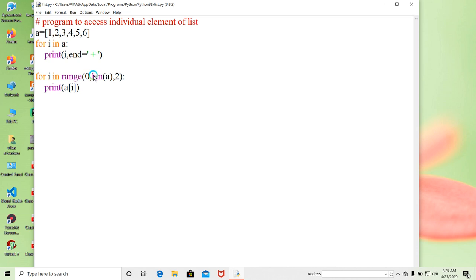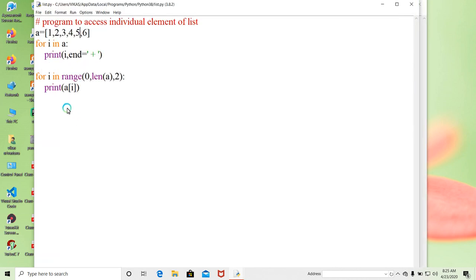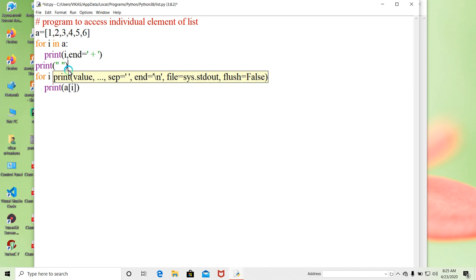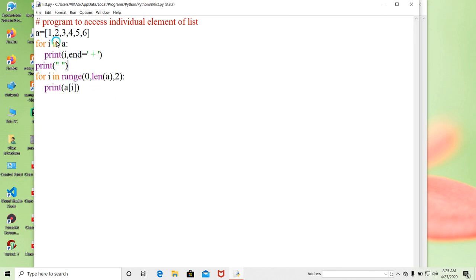So look here, we got 1 3 5, with the print line change, and this other one is accessing all elements sequentially.